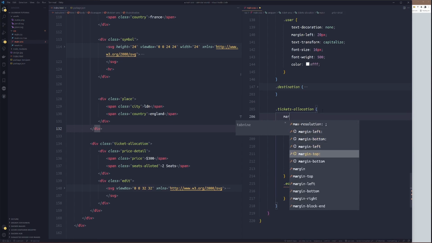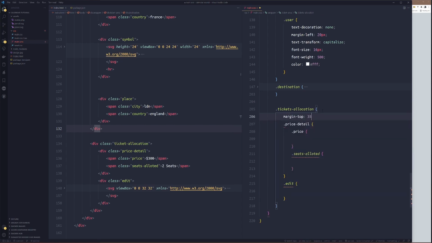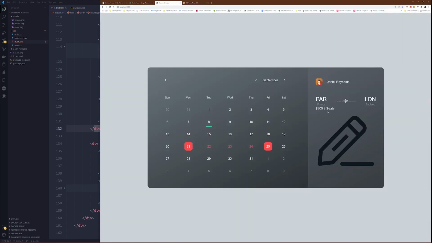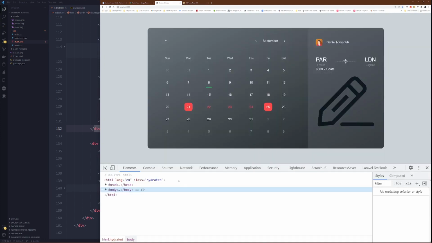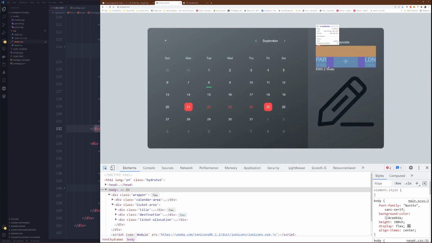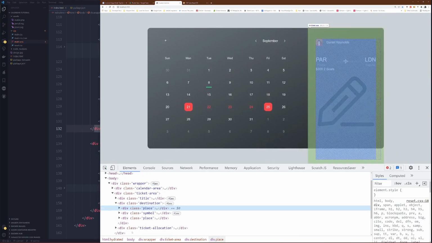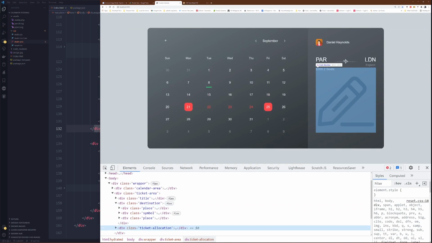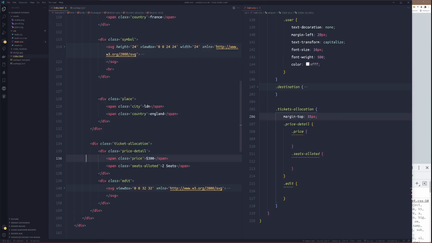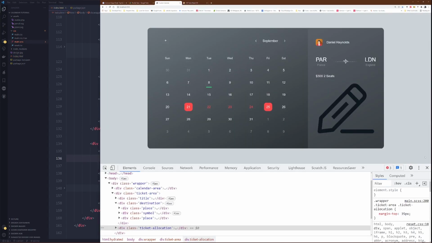So now, for the ticket allocation, we'll set margin top to 35 pixels first, just to space them out from the top here. Okay, ticket allocation, not tickets. All right.